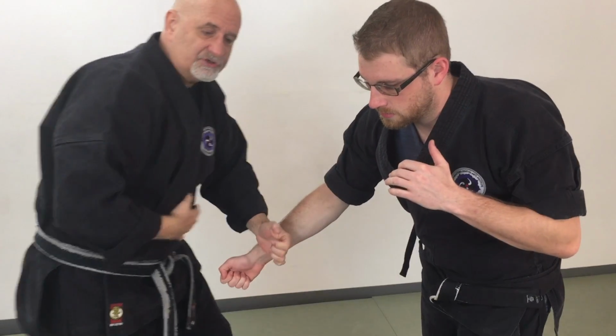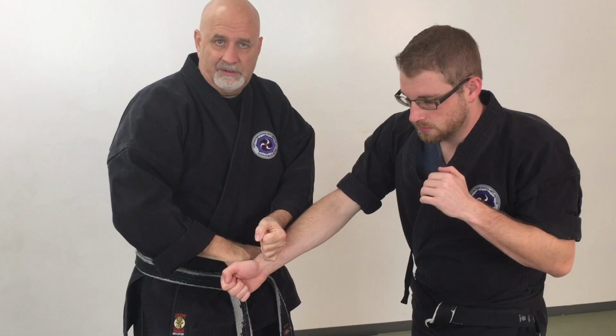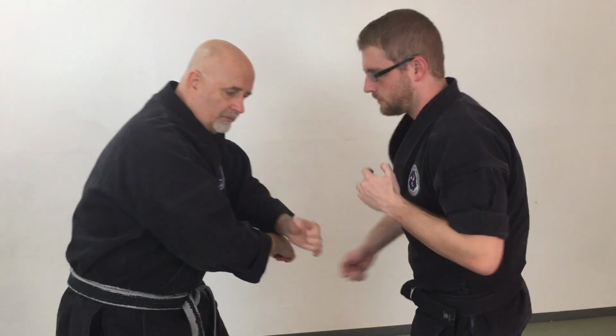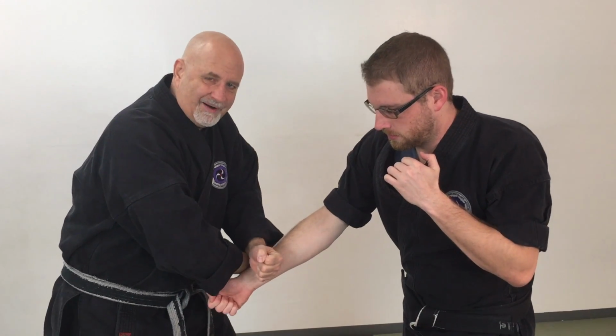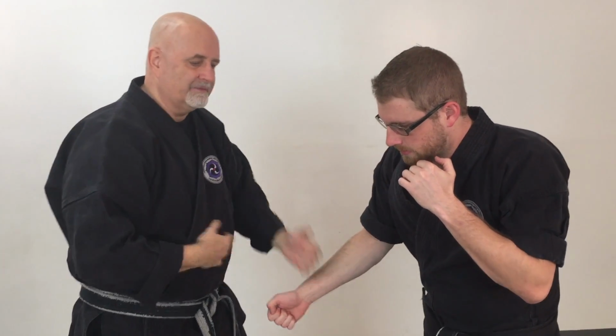We found, especially with a knife or with a weapon, if someone's coming straight in and you're doing an X block, if you're standing there behind the X block, the chance of them nicking you is too high. Years ago, I had a couple black belts that we trained together and trained pretty hard. They had basically two speeds, stop and go, and they came at it really, really hard. And I found that most of the time I could stop the knife. This was knife defense that we were working. And I found that I could block that, but every now and then they'd nick my stomach. And I wasn't happy with that. So we kind of went back to the drawing board, and over the time we found that this L block